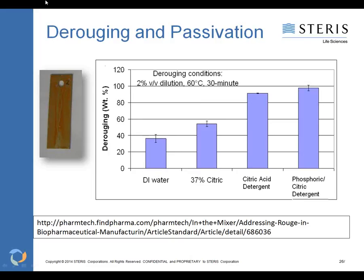So how is passivation performed? Like I said at the beginning, cleaning, cleaning, cleaning. You want to make sure that you have that clean surface, because if you don't have the clean surface, you don't get the contact with the oxygen, and you definitely don't get the contact with your acid on that surface. So the typical process usually begins with a thorough cleaning cycle to remove your oils, your processed soils. If it's a new piece of equipment, your cutting fluids, your lubricants,